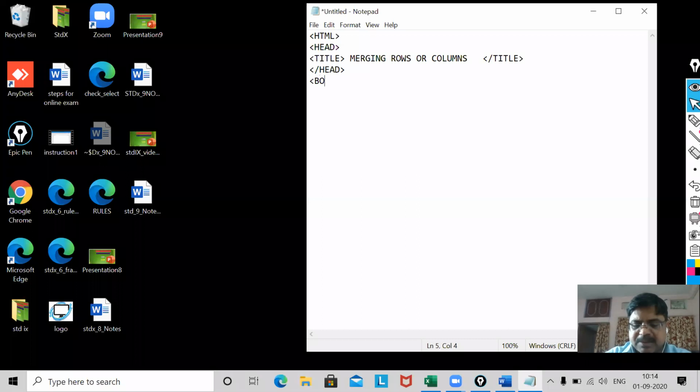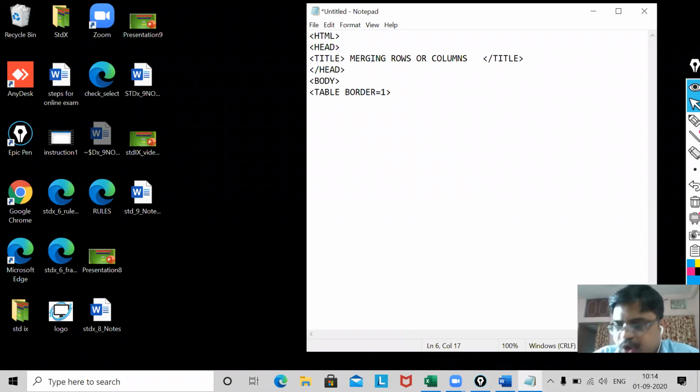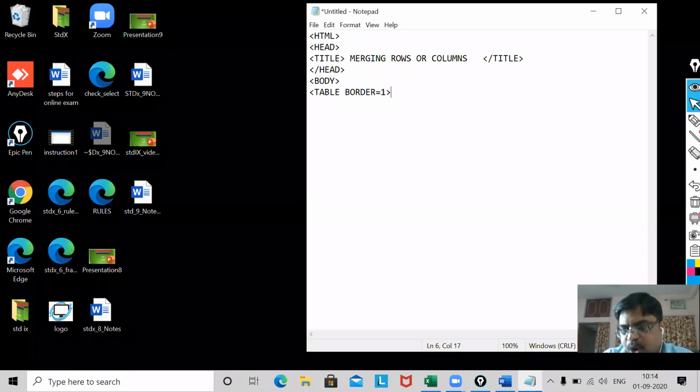Now I will be using the body tag. Now the table. You see, my dear, I already said you must use a border. It is compulsory, otherwise you will not get the border on the screen. Without the border, yes, it will show your output, but your cells' interior border will not be there, exterior border will not be there, and even the values inside will be shown without a border.